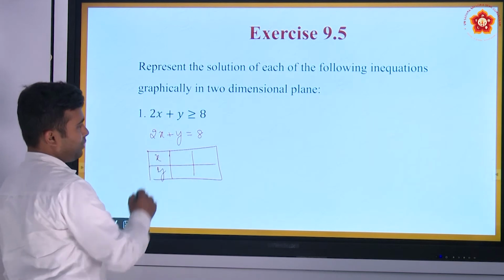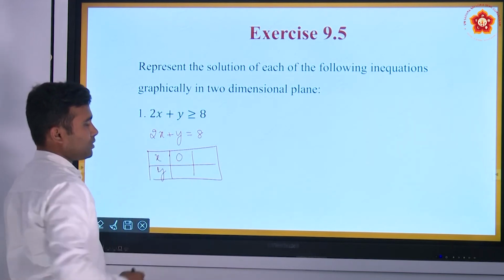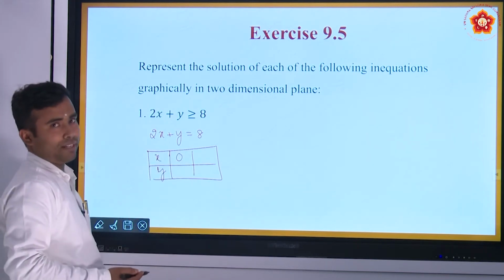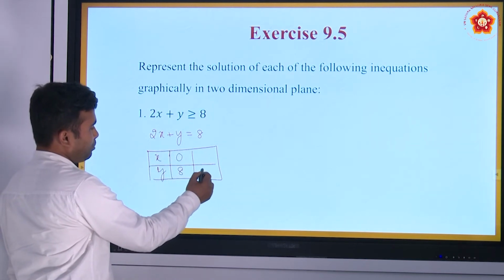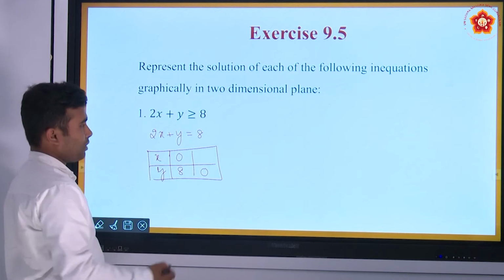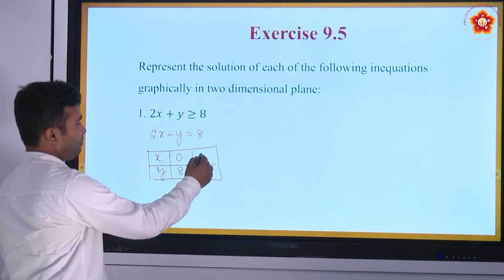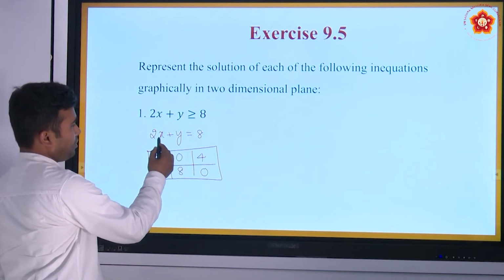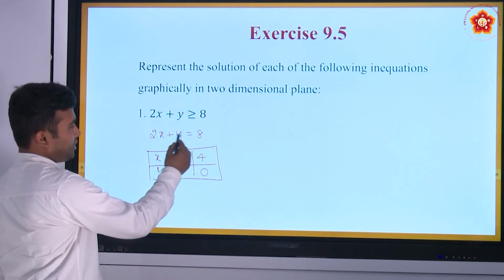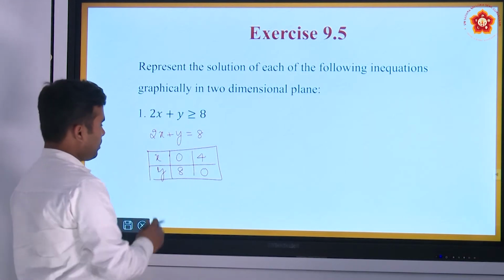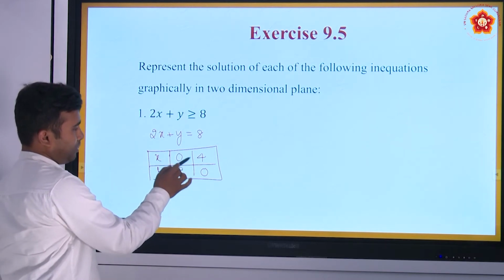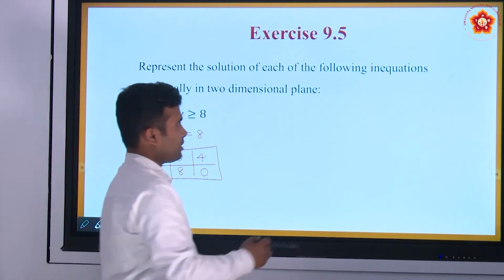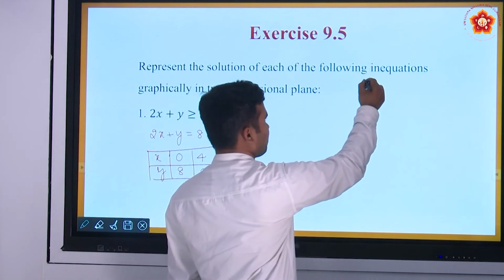If I put x equal to 0, what is the value of y then? So x is 0, y is equal to 8. If I put y is equal to 0, then what is the value of x? x will be 4. Okay. So 2x equal to 8 and x equal to 4. Understand? So now my points here are (0, 8) and (4, 0). So let us represent that